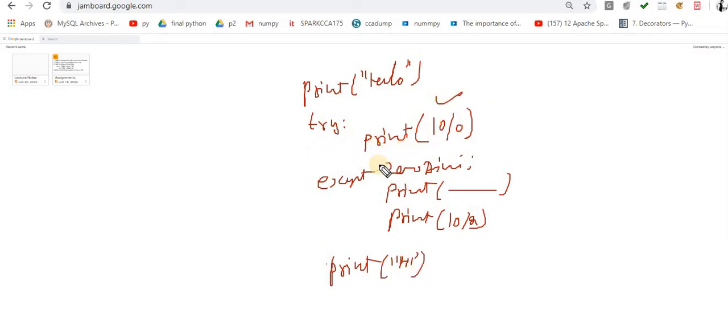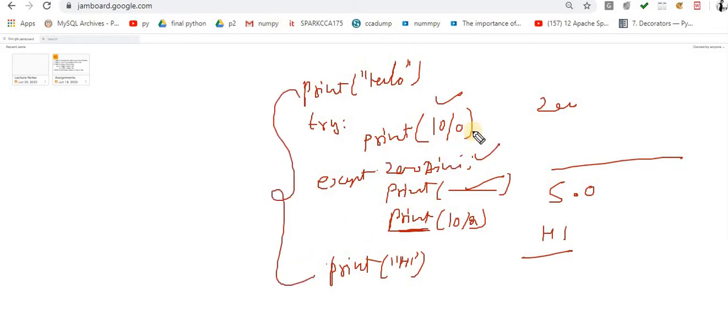Error occurs over here. The error is ZeroDivisionError. The catcher is the same ZeroDivisionError. You are printing a message. This cannot happen because this is against the mathematical rule. Now print 10 divided by 5. You are getting 5.0, and after that you are printing hi. This is the normal termination. This concept is called normal termination. Okay, let's suppose here the error occurs, a ValueError, and you use the catcher, that is the ZeroDivisionError. Now again the abnormal termination. Keep this point in mind.